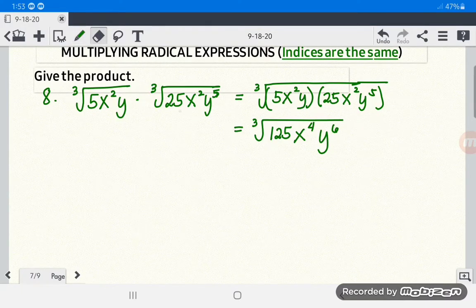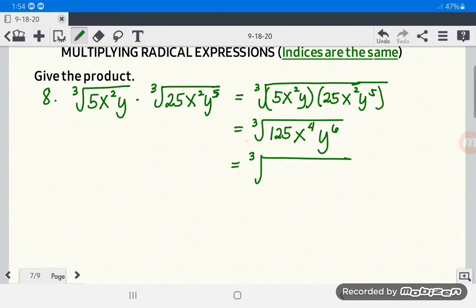Then equals to. So notice that 125 is a perfect cube. X raised to the 4th power is not a perfect cube, but then has factors wherein one of its factors is a perfect cube. Y raised to 6 is a perfect cube. Why? Because 6 can be divided by the index 3. Okay? So, we're going to factor x raised to the 4th power. So, we have here, okay,